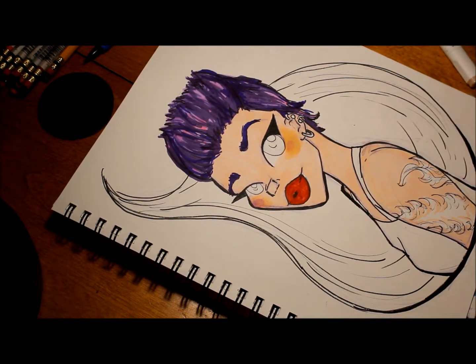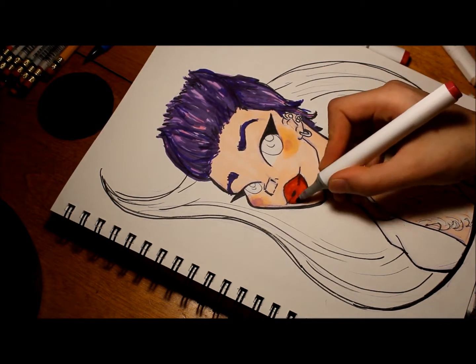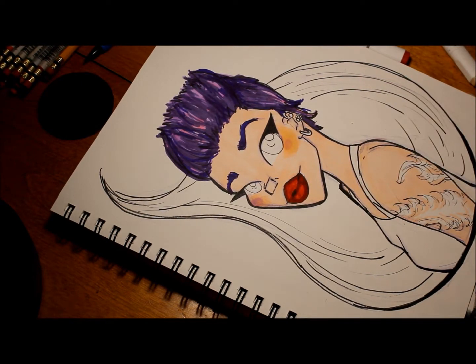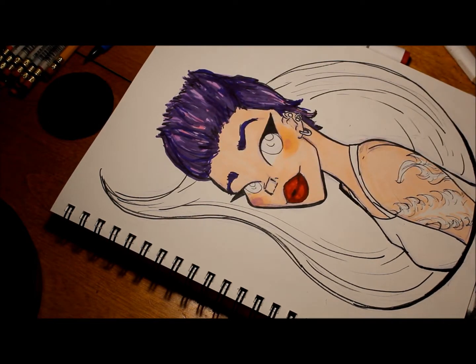I go back in with a darker one to create some dimension and some different tones, which I think looks really good. She looks like she's just got a pouty, full-lipped smile or smirk. And then I go, what am I doing? I'm just as clueless. And the recording cut out. Okay, well, then after the lips,